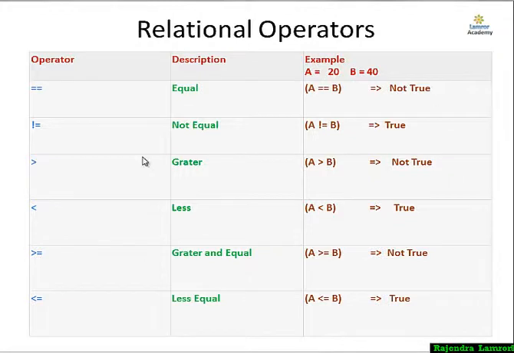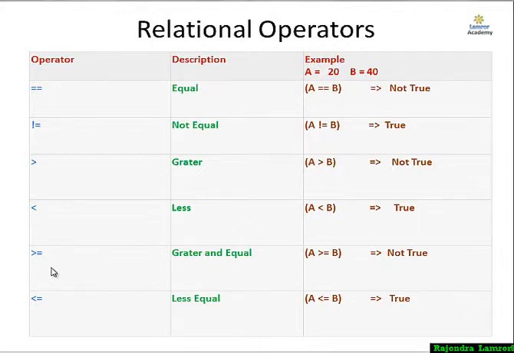Okay, so the not equal to operator. If a not equal to b, meaning 20 is not equal to 40, so it's true. The result will give you a true result. Simply, I have taken the greater operator. If a greater than b, see here a is 20, b is 40, a greater than b, it is not true, so it's showing not true, meaning false. Okay, here I have taken the less than operator. A less than b means 20 is less than 40. Its condition is true, so here it shows true.